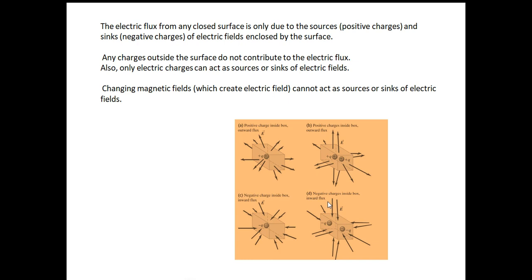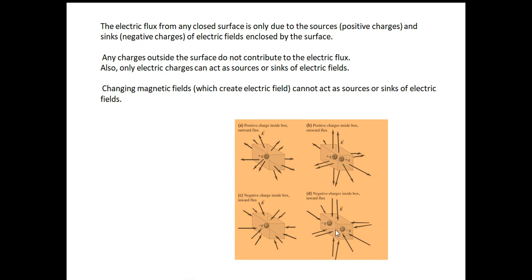Now, this slide is very, very important. This again is taken from a particular website, so I am giving them the due credit for this slide. See, this is a cube. There is a charge enclosed here. This is a surface. The field lines, or the flux, are coming outside. This is called outward flux. Now, these are two positive charges; the flux is coming outside. Now this is one negative charge; the flux is going inside. There are two negative charges; the flux is also going inside.